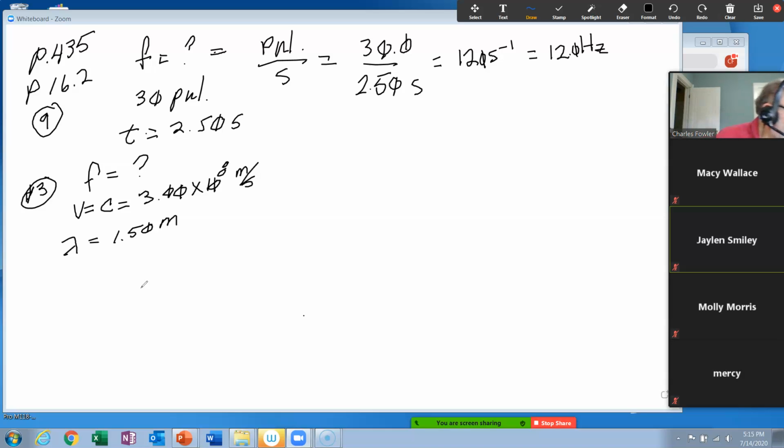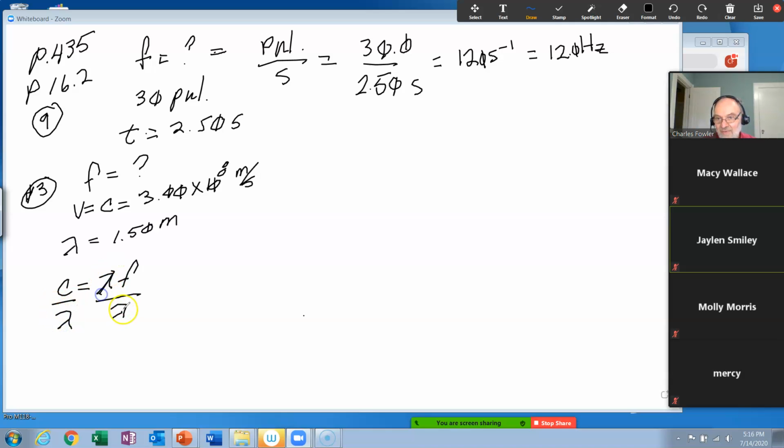And on page 433, you see the formula near the bottom of the page that says C is equal to lambda F. And again, your units always do it. Lambda is in meters, frequency is in per second, so this is meter per second, and that's what speed is. Okay? Meters per second. So we're looking for frequency here, so what we'll do is divide both sides of the equation by lambda,